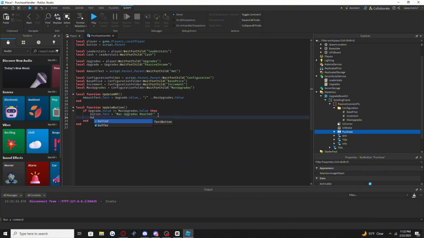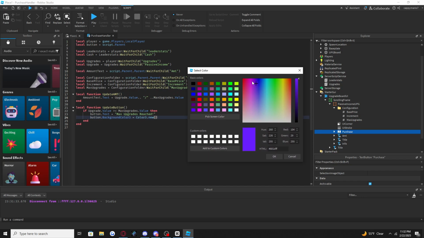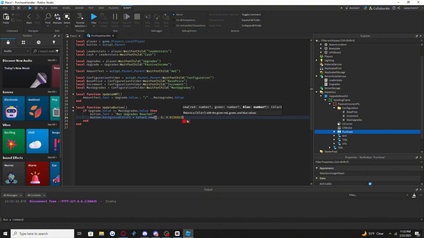And then you also want to do button dot background color 3 equals color 3 dot new, and then click on this little color wheel thing here, and then you want to just change it to red, or if you want to make it yellow or something like that, that is completely up to you, but I'm going to make it red. Now that we've done that, it automatically inserts the color number, and then we are going to do an else if statement. So if this does not meet the requirement, then it'll go on to the next statement, which is else if